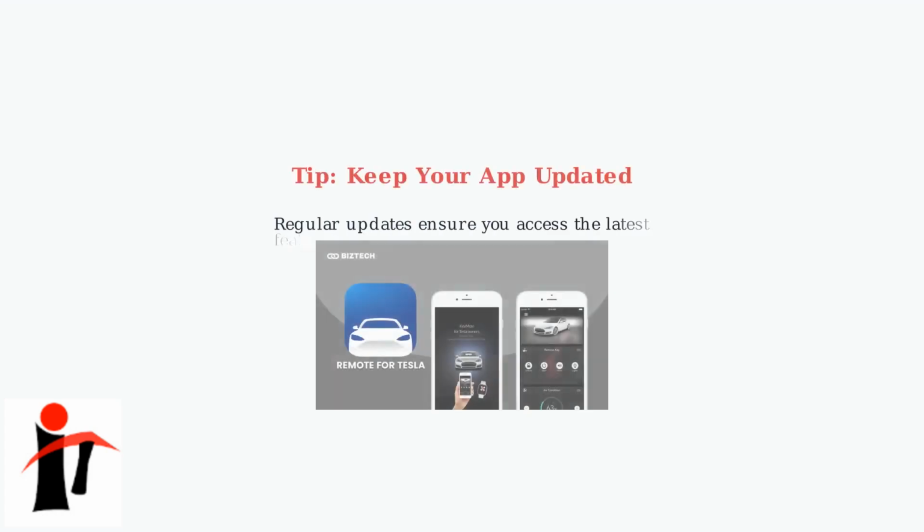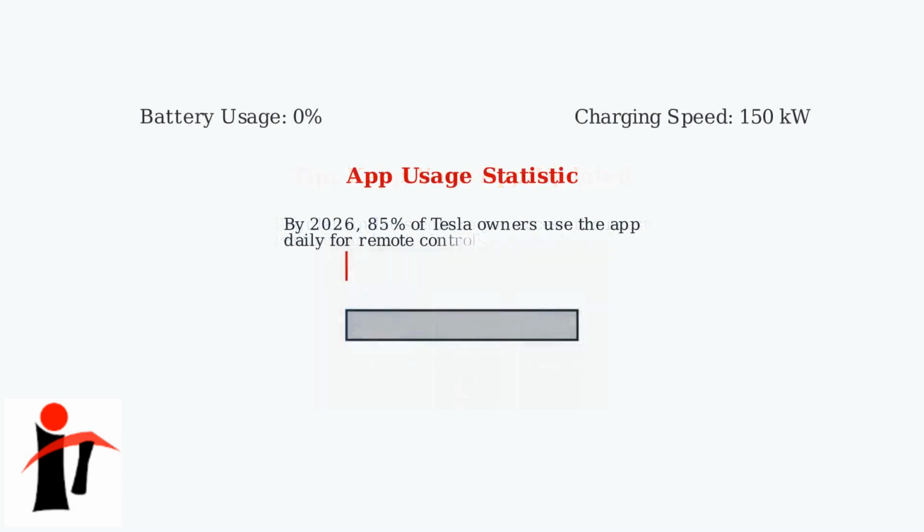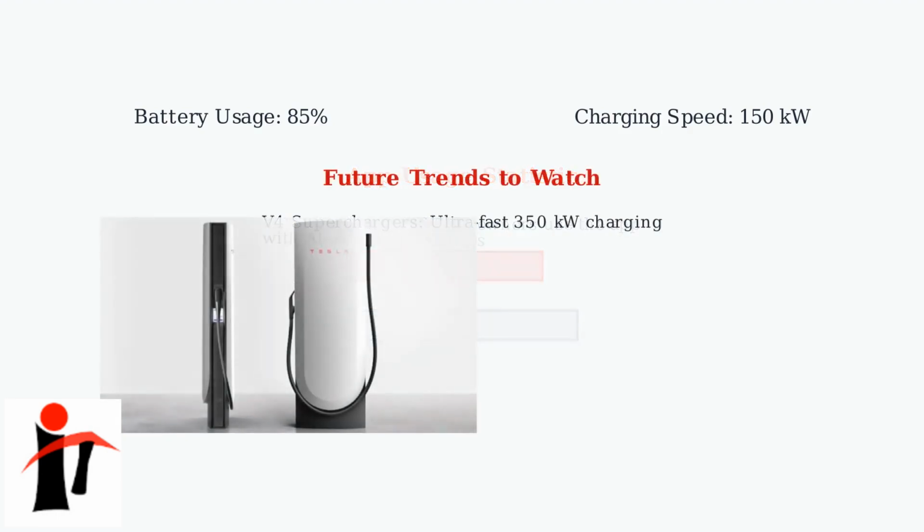Keep your Tesla app updated to access the latest features and security improvements. Regular updates bring new capabilities and ensure optimal performance. By 2026, 85% of Tesla owners use the app daily for remote controls, making it an essential tool for vehicle management. Look out for future updates, including V4 superchargers with 350 kilowatt charging speeds and AI-optimized routes that will reduce